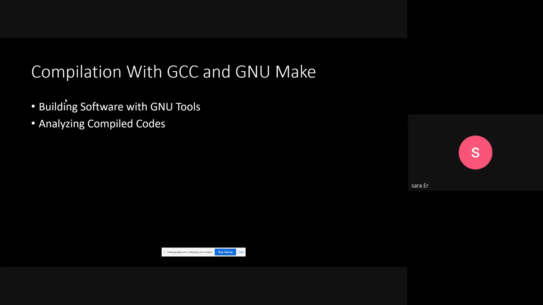Compilation will be performed with GCC and GNU Make, and our code will be built, and binary machine code will be available. And now we should transfer it to the embedded system board.